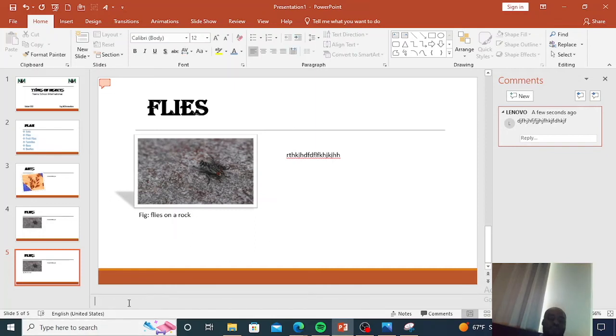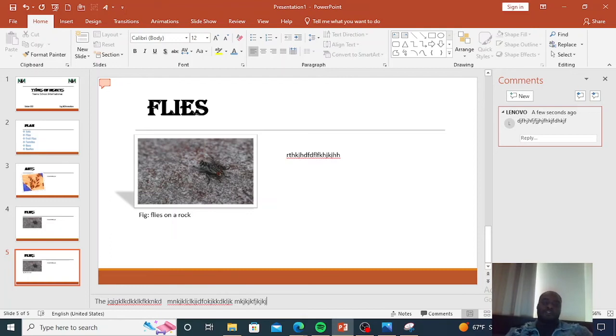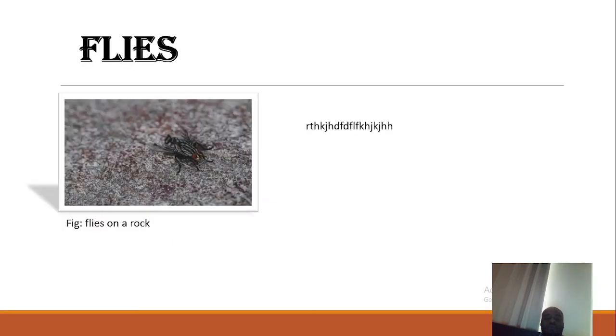You can also put key sentences in the notes on your notes here for a particular slide, and these sentences will only be seen by you during presentation, and they will keep you on track, so that you don't go off track. If I go to slide show or the presentation mode, for instance,